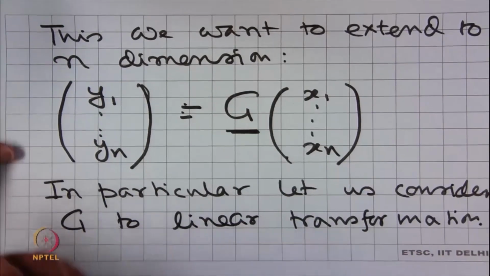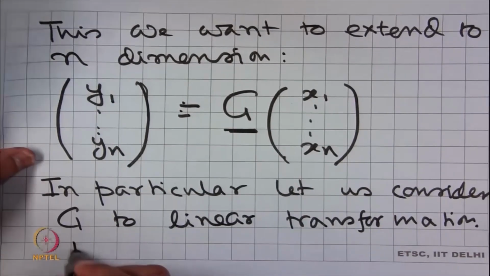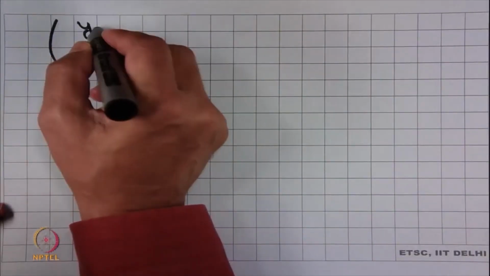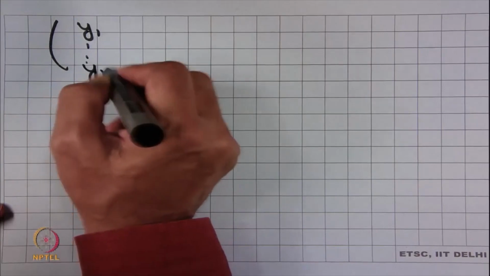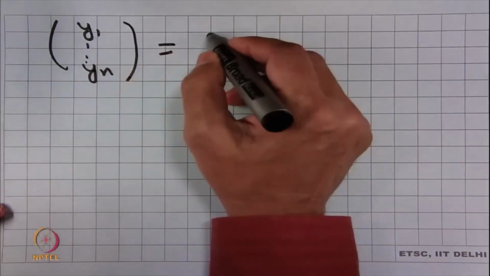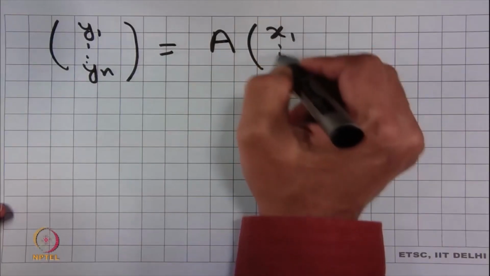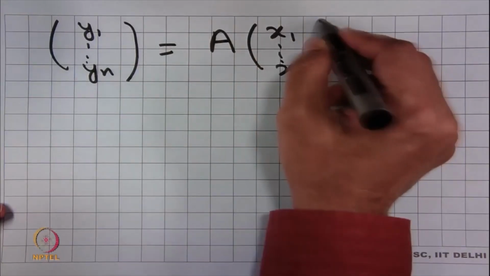That is, y1, y2, yn is equal to A times x1, x2, xn,